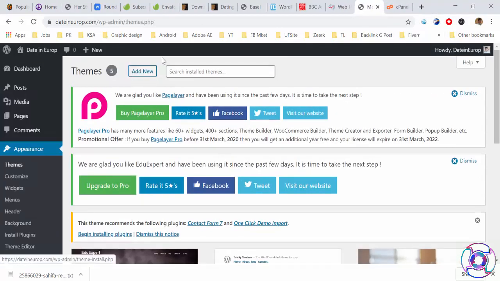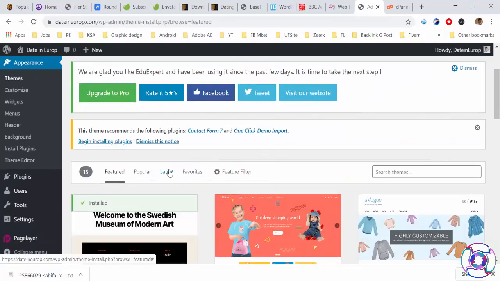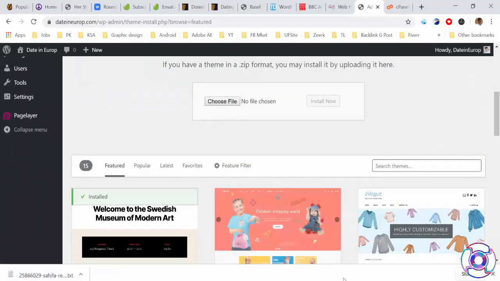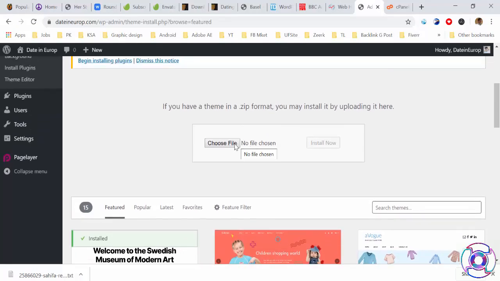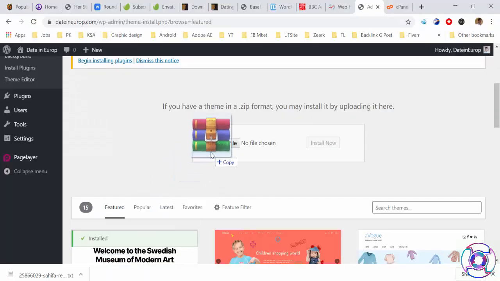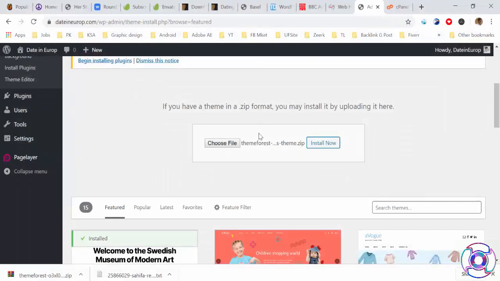So I'm going to add here. You can click add, upload theme. If you click and drag and drop here, it will start. If you want to choose by system, you can choose. So I'm going to drag and drop. I'm going to drop here or choose. I think it's not showing, so I'm going here, document, and this. When chosen, then click on install.